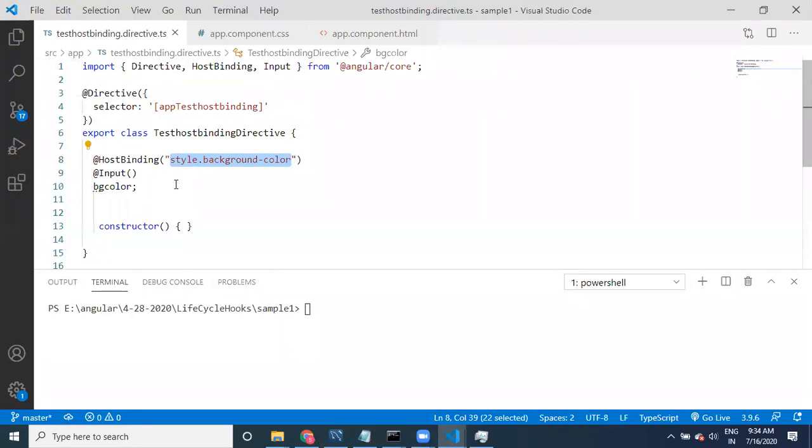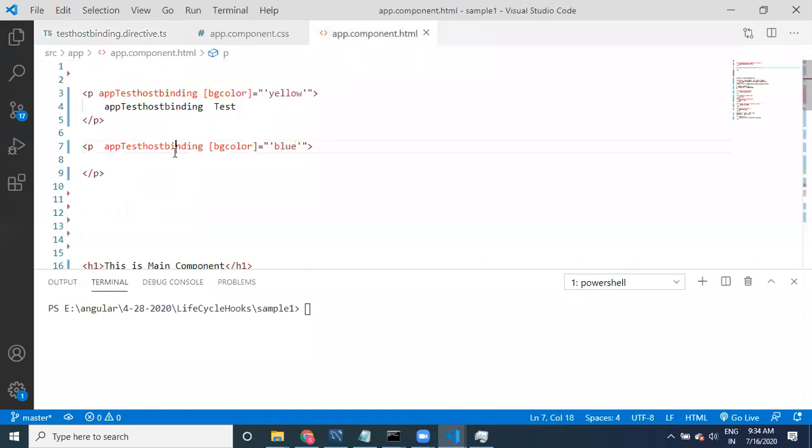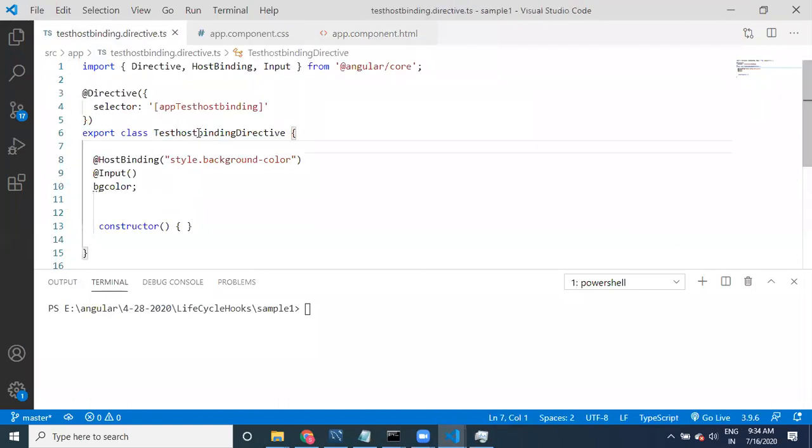Which element? This directive is assigned to which element? This directive is assigned to this P. All right, that's how it is going to work, guys.